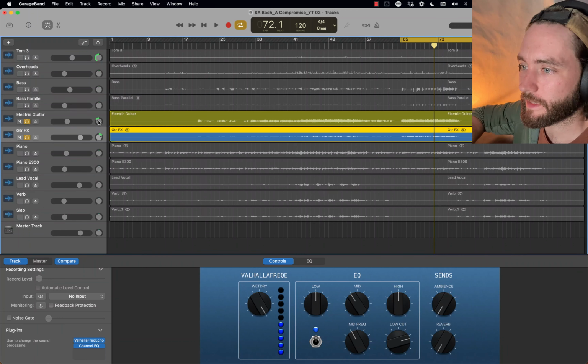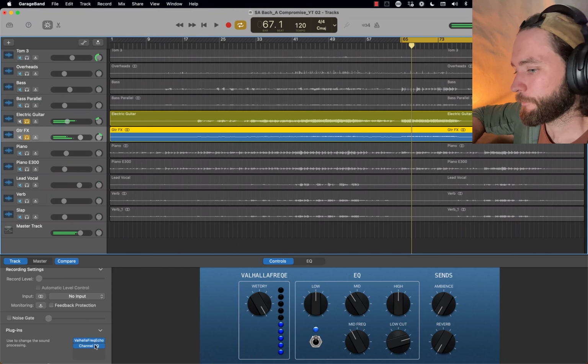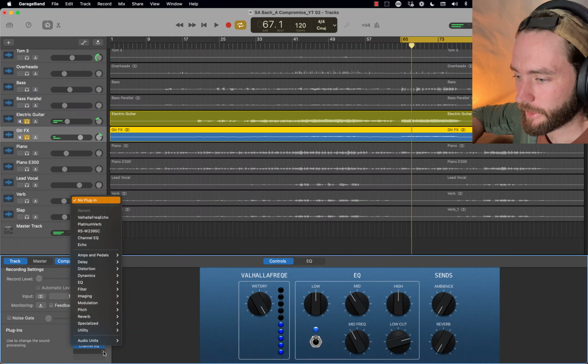So we have this guitar panned to the left, that's the dry one. Then I'm also gonna pan this one about even on the right. Let's see how this sounds. Sounds pretty cool. It's not quite as harsh, but now we're gonna take it a step further and we're gonna